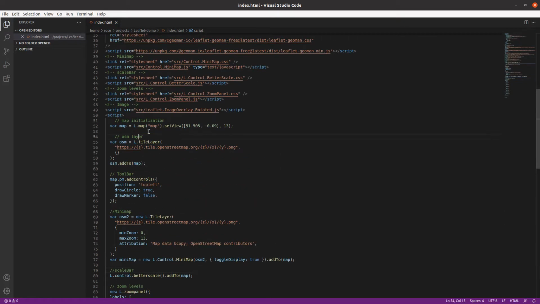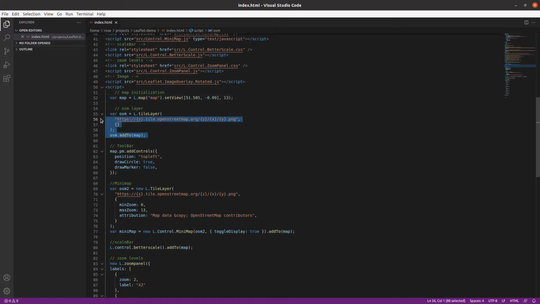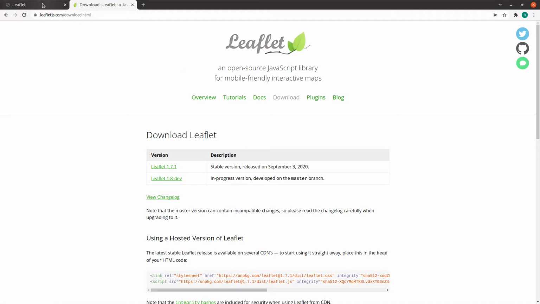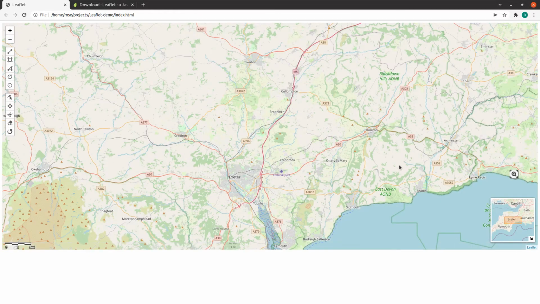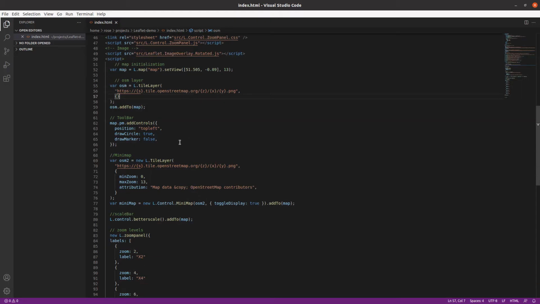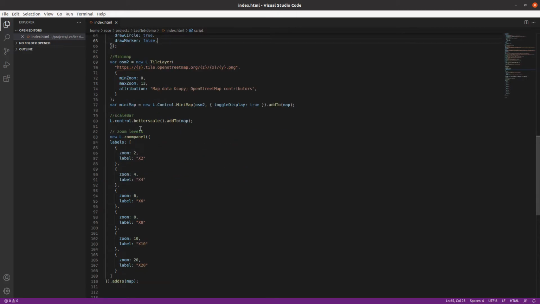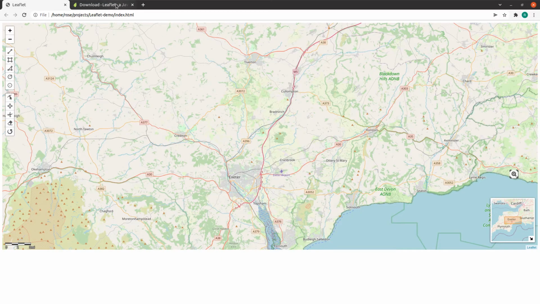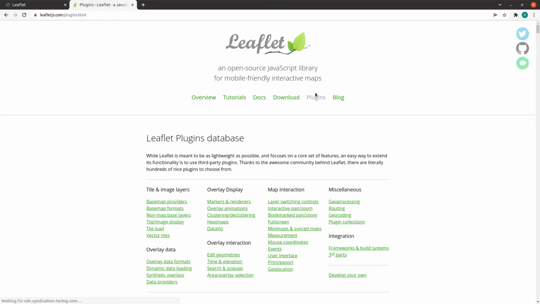like that. So here you are creating one map, and you are creating one layer, that is a basic layer for this. We need to do the things like this now, so we need to put one layer over there also. And this is the piece of code that is used for the toolbar, and this is for minimap, and this is for scale bar, and this is for the zooming levels. You can get those from here, that is inside these plugins.